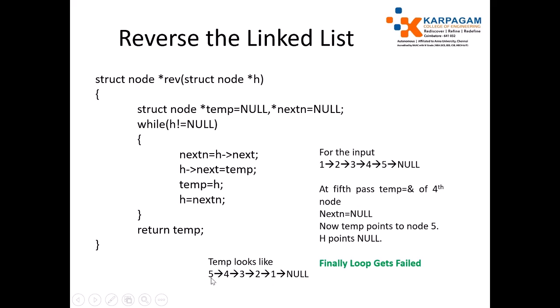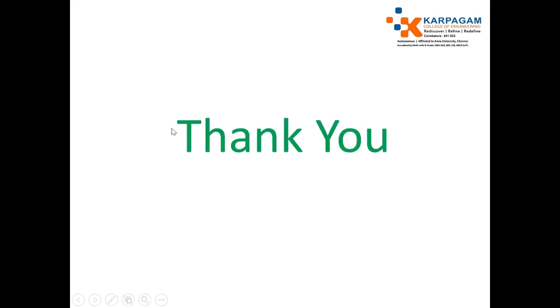Now temp points to the head node, which is 5. When you return temp after completing the loop, we will be accessing the values in reverse order. Now after completing this iteration, h is null. When h is null, it will come out of the loop and return. In this way, we can implement reversing the linked list without using a recursive function by changing the node addresses. Here I use 2 extra variables for reversing the elements in a linked list. The running time of this algorithm is order of n because it involves one while loop. Okay, thank you.